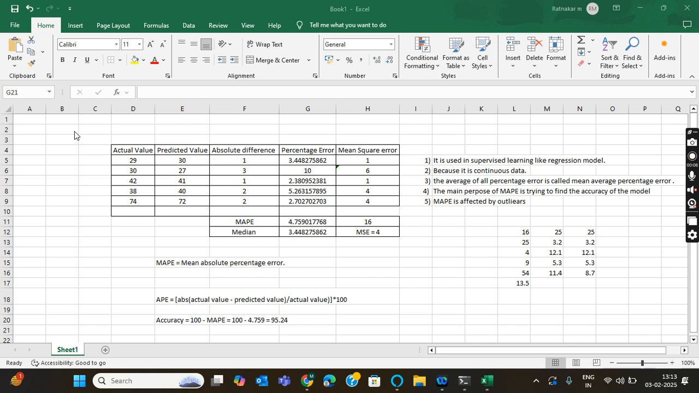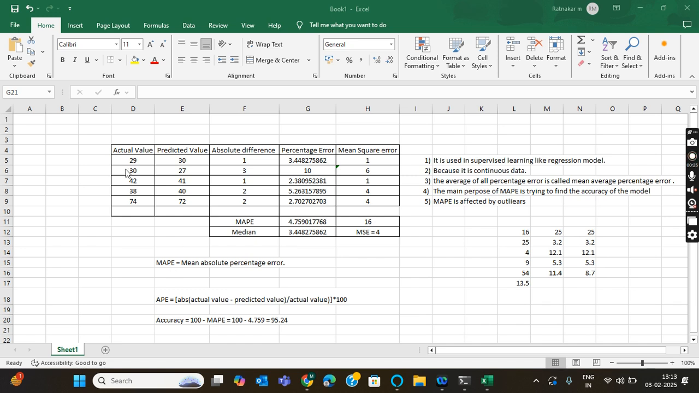This is Ratnakar from Ratna Edited, and today we are going to discuss a topic that is MAPE. MAPE is nothing but a mean absolute percentage error. I believe this topic is going to help you crack interviews like machine learning engineer, data analyst, or